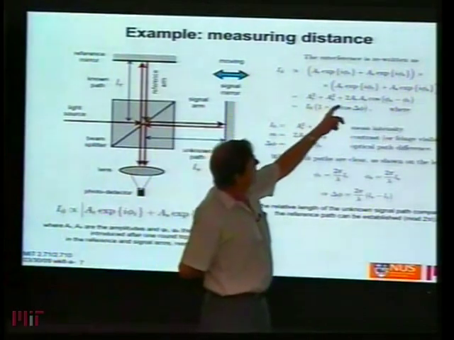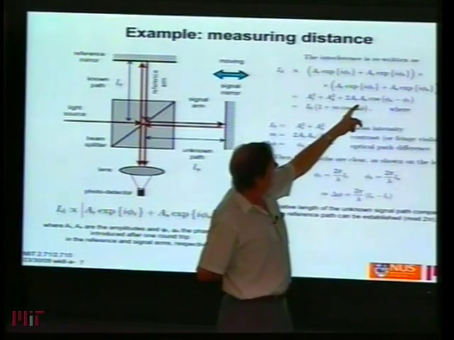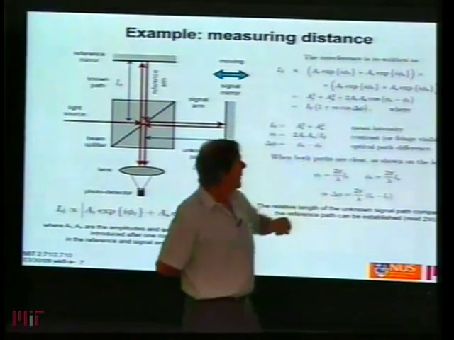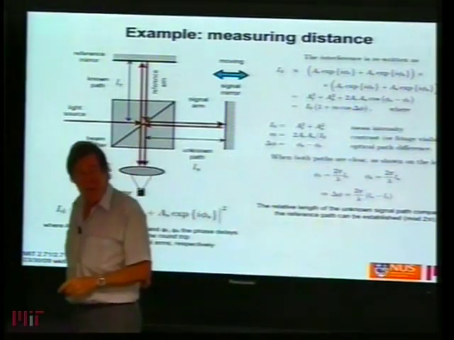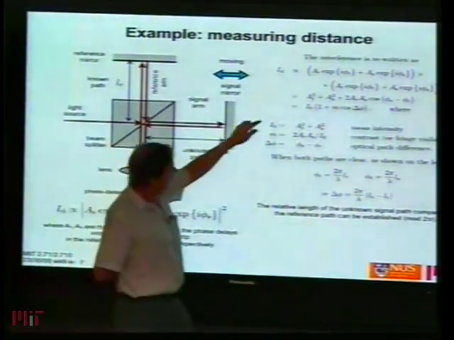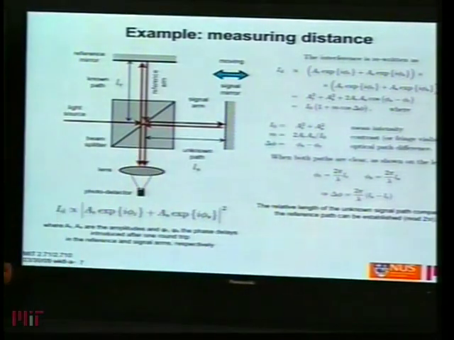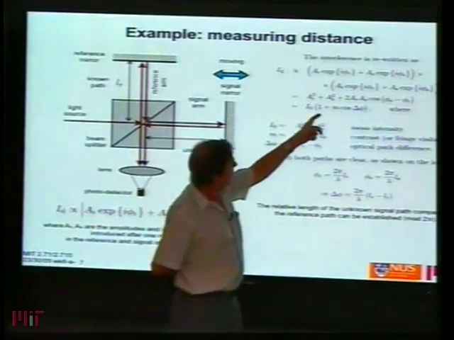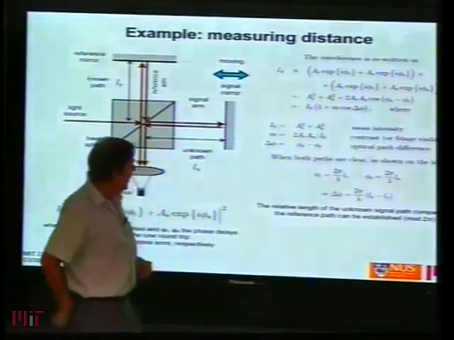So we've written it in this nice form: A_R squared plus A_S squared plus 2 A_R A_S cos of something. And this something is the difference between the phases of the two beams, right? And so this next line puts it into a general form. It's of the form a constant plus a cosine. And then these quantities I naught, m, and delta phi, you can also write in terms of these other parameters we had